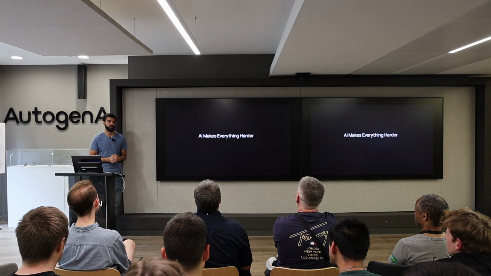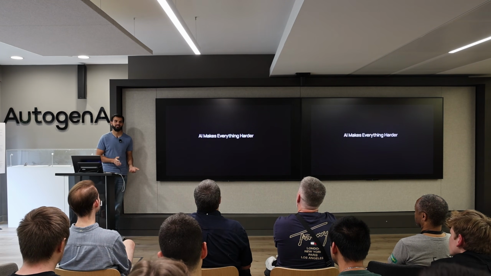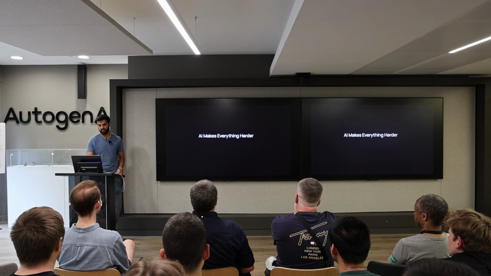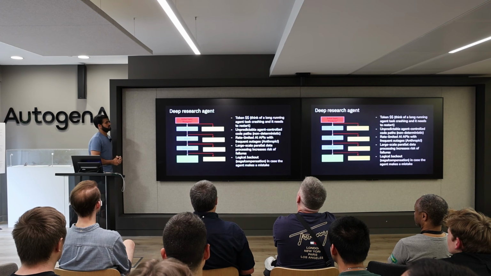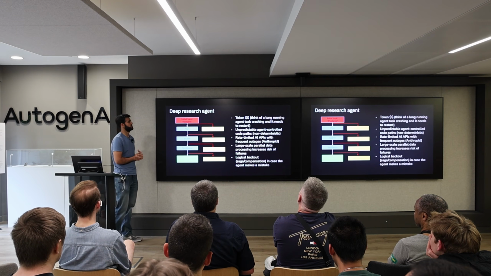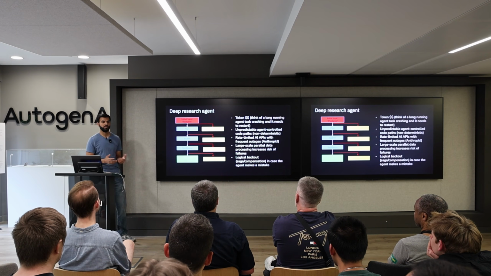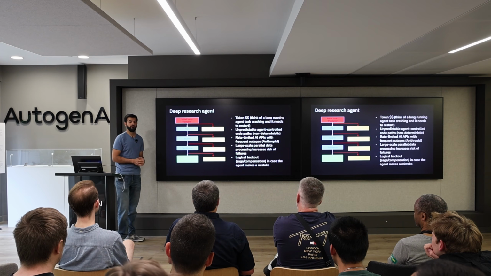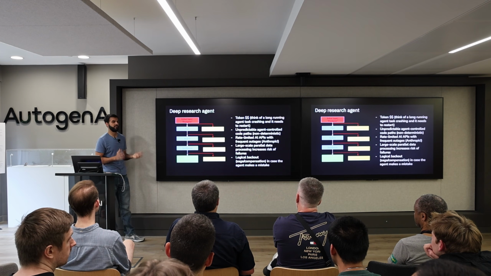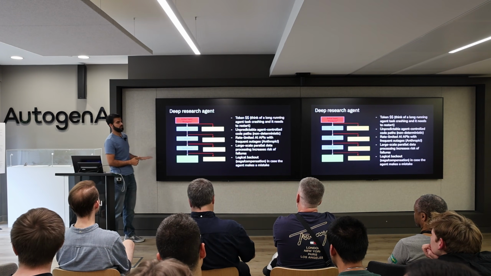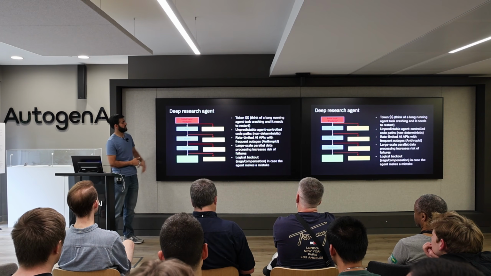And now we're in the world of AI, obviously, and AI makes everything harder, right? We've got those problems, and it brings a new set of challenges in reliability. So that's a workflow. It's sort of a deep research agent workflow. Let's say you search for a topic, you type in Postgres or Golang, for example, and it does a bunch of steps, and at the end it produces a report that you can then verify if this is a report that you want or not, or if you want to rerun it again or not. But again, this can be mapped into a standard workflow, and each of these steps can fail